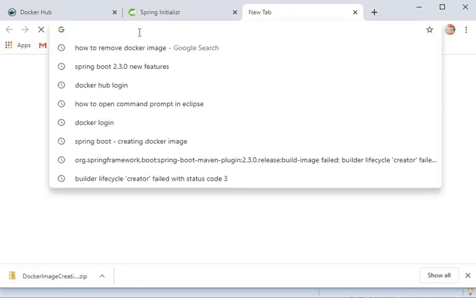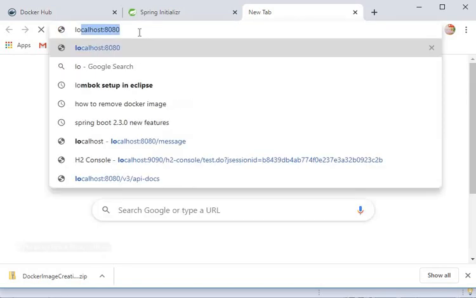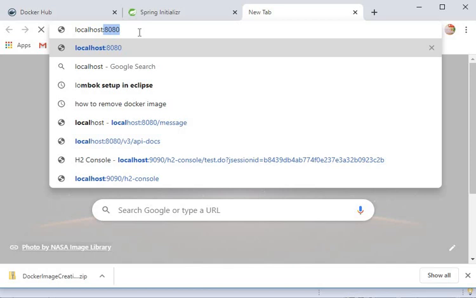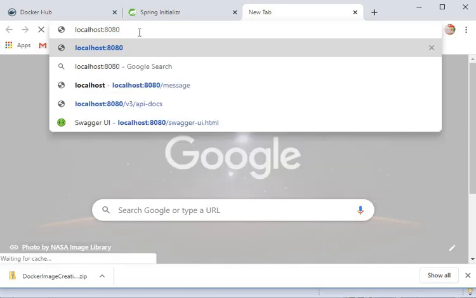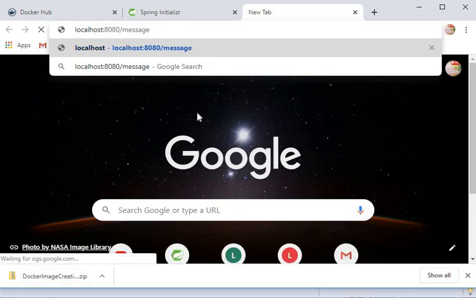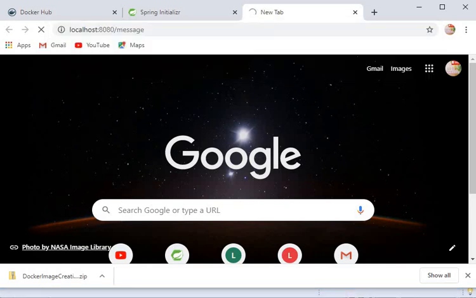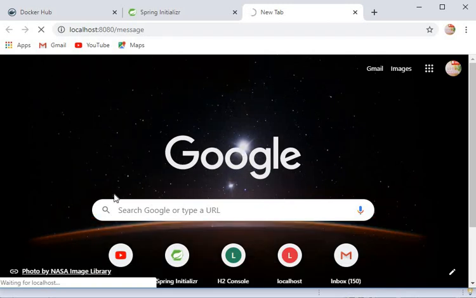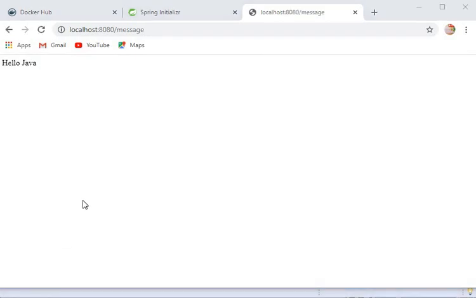So here I will use localhost 8080 and /message. Now here you will see the response that is provided by the endpoint: hello Java.